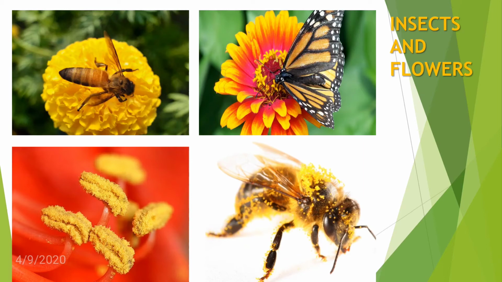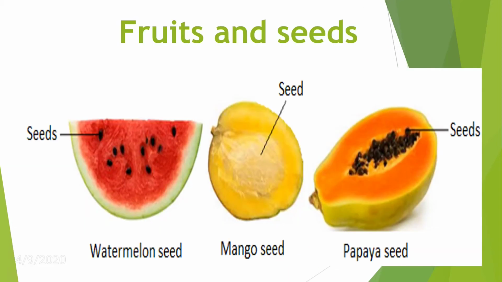Wind and rain also transfer pollens of one flower to another flower of the same type. When the pollens get deposited on another flower, the flower changes into a fruit. The petals of the flowers fall off and tiny fruits begin to grow. The tiny fruits then become bigger in size and their color changes once they become ripe. We know that flowers grow into fruits.